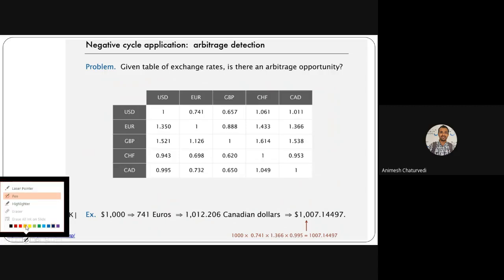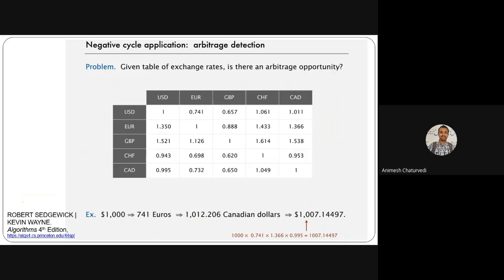What is that $1,007? You are getting benefited. What is the benefit? It is simple. You are getting a benefit of this $7 as compared to this $1,000. So you are getting 1,000 plus 7 in this process. But how to find out this 7 automatically? Because all these things take a very small time, and the fluctuation keeps happening very fast, and you want to find out this 7 very quickly.